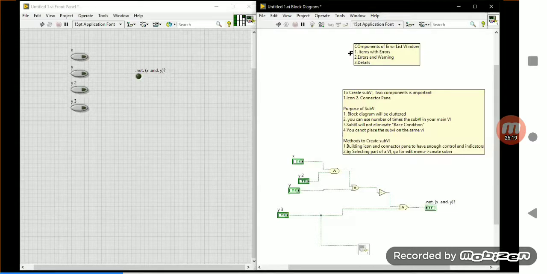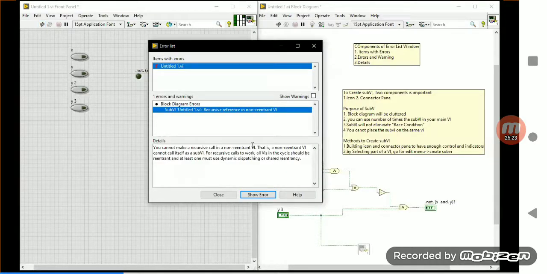Don't think this is the error dialog box. This is the error list window, not a dialog box. An error dialog box is what comes up when an error occurs. We'll see that in our upcoming classes.